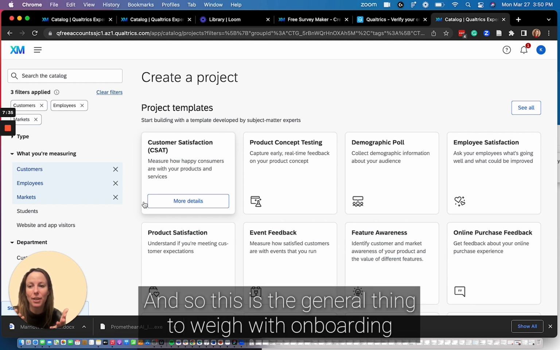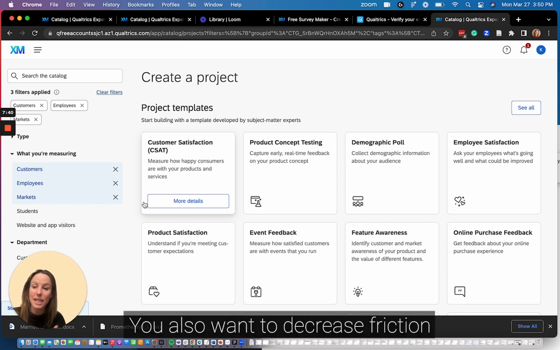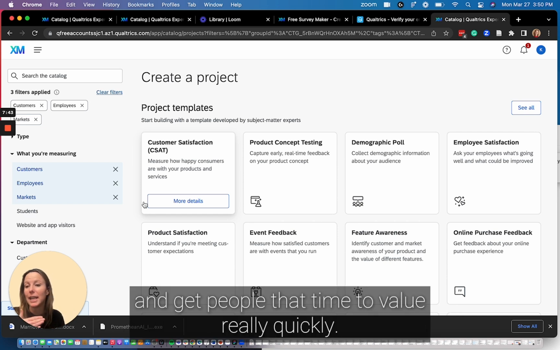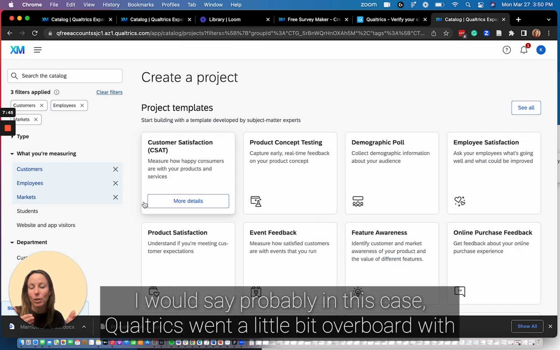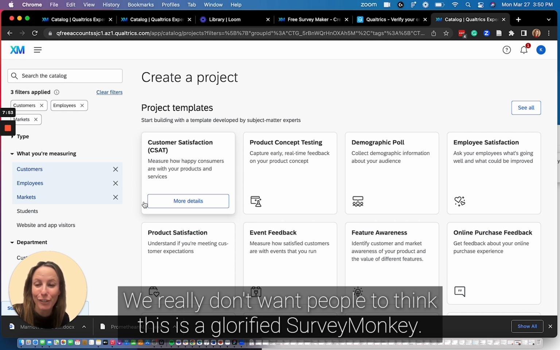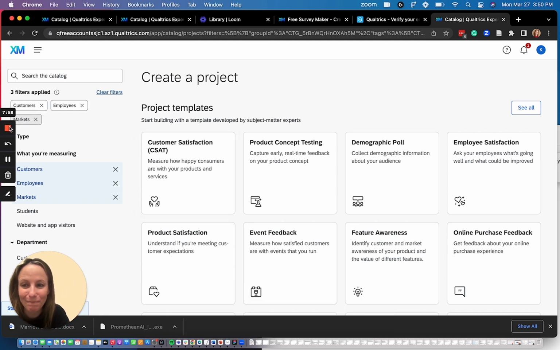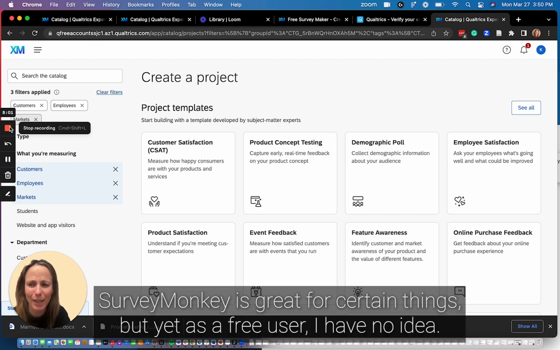And so this is the general thing to weigh with onboarding: you want to set the mental model of everything that the product can offer. You also want to decrease friction and get people the time to value really quickly. I would say probably in this case, Qualtrics went a little bit overboard with getting me time to value without exposing all of the product features that it does. We really don't want people to think this is a glorified SurveyMonkey. It has so many more features than SurveyMonkey has. No offense, SurveyMonkey. SurveyMonkey is great for a certain amount of things. But yet, as a free user, I have no idea